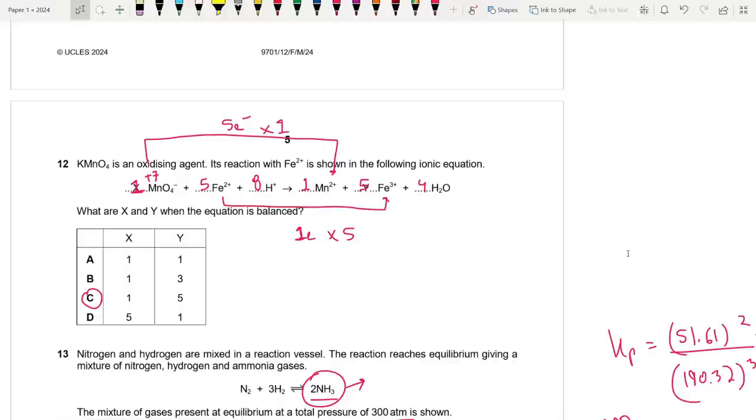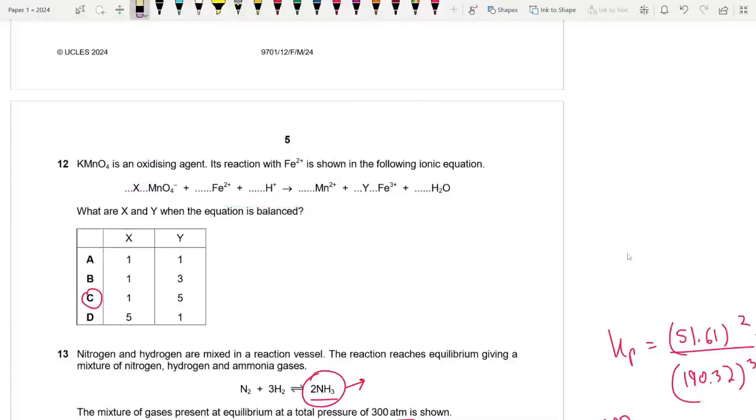So this is basically a redox reaction. The general idea for a redox reaction is you have to balance the number of electrons. Clearly iron 2+ is oxidized to iron 3+, and the number of electrons transferred is 1. On the other hand,